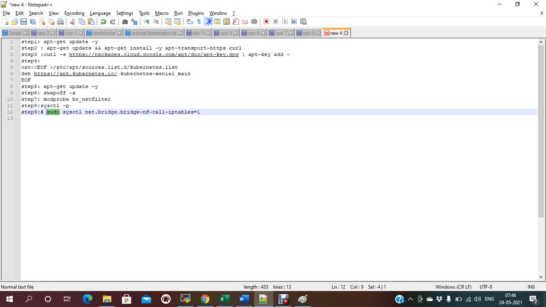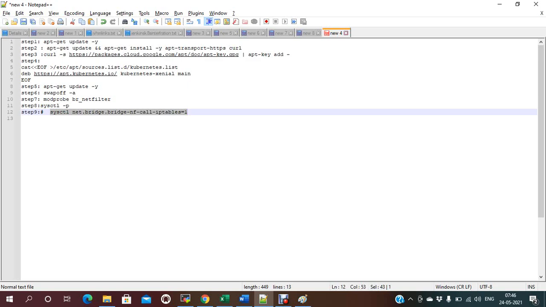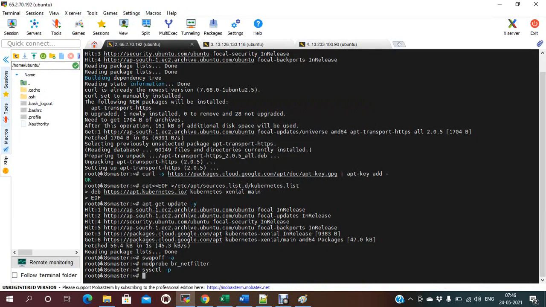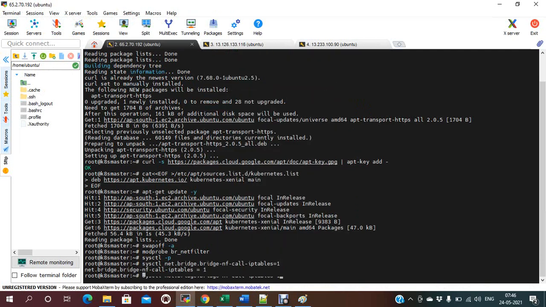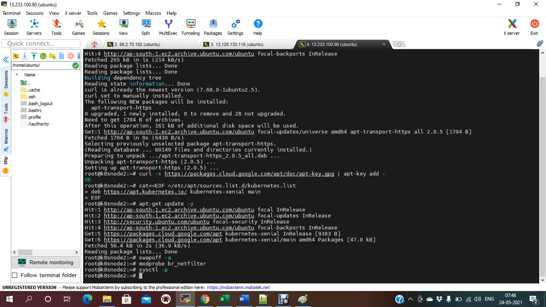Sudo is not required. Just on master, node 1 and node 2.